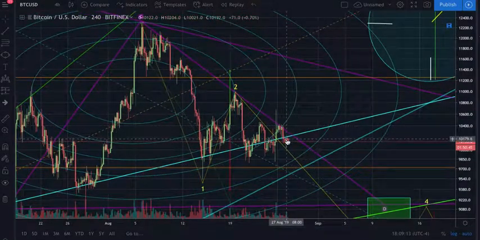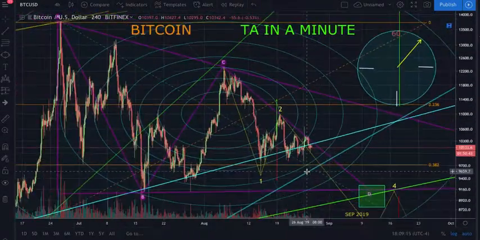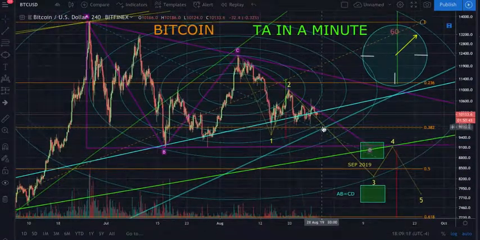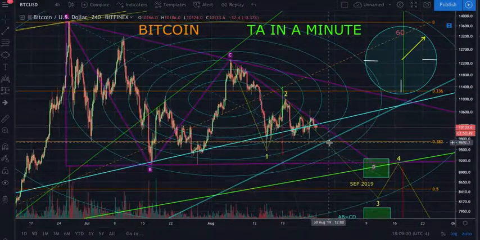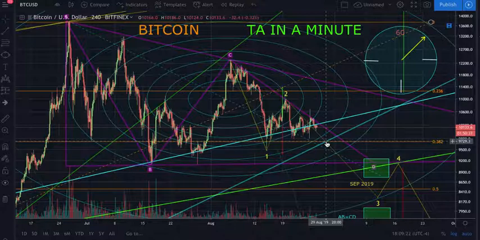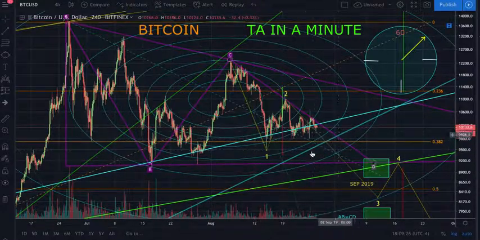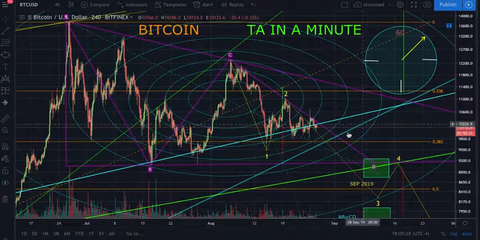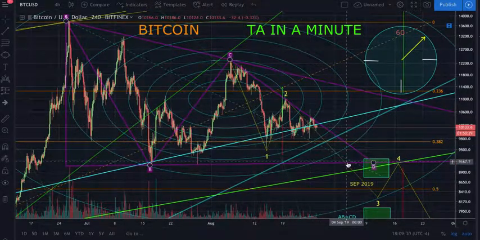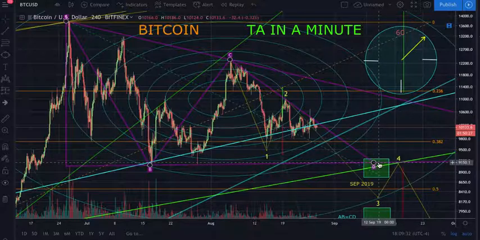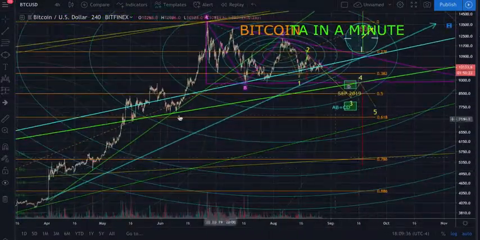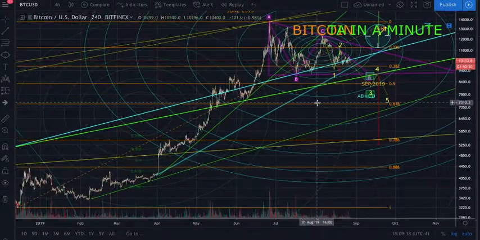So what's going to end up happening, I think we're going to come down here. We're going to basically touch this 382 again, and again that's going to line up perfectly with those two points, the 97.29 area right here, of our diagonal line support we've had for this whole time, and then the one coming down. I think that's going to put us at the bottom of this triangle right around here in the 9200 range. Also a massive support coming from, you see that green line?